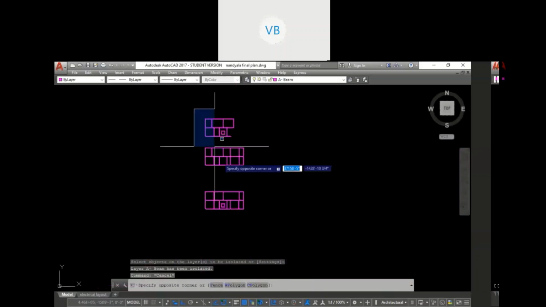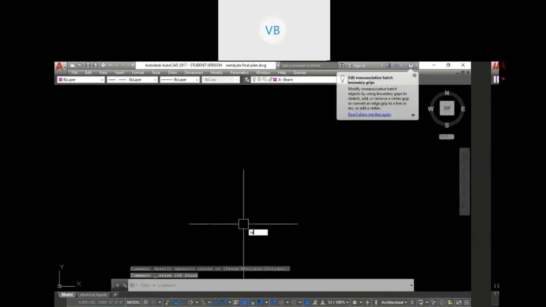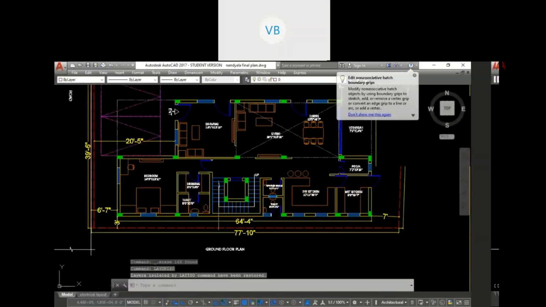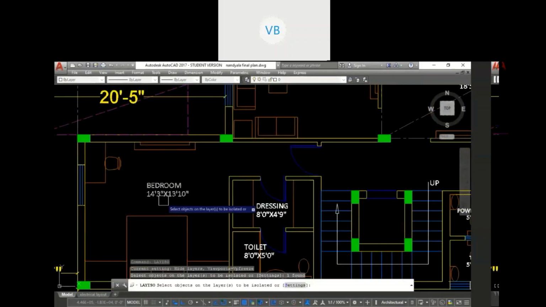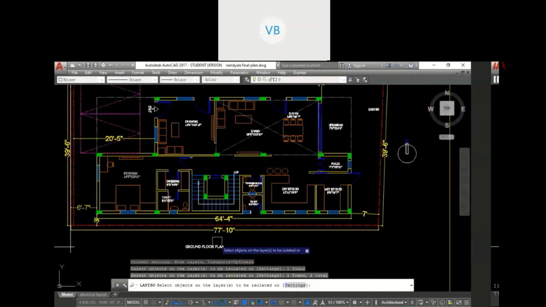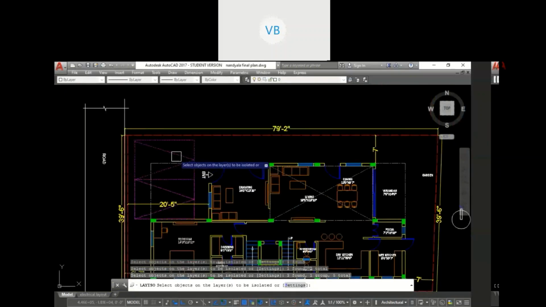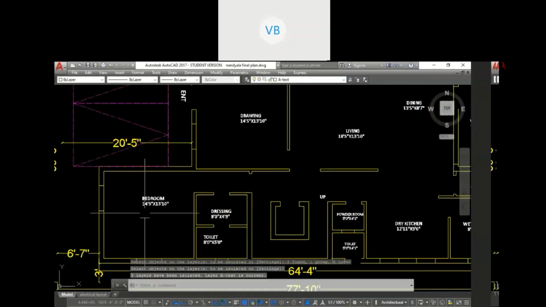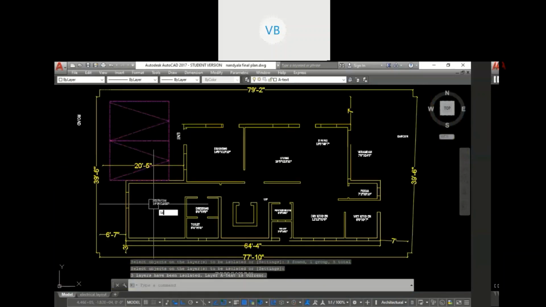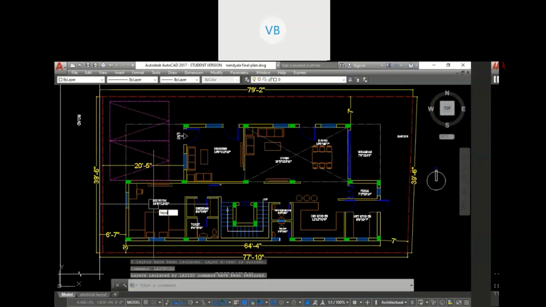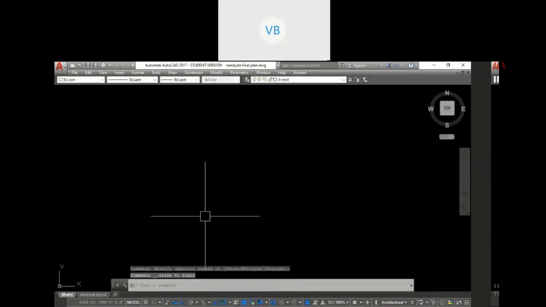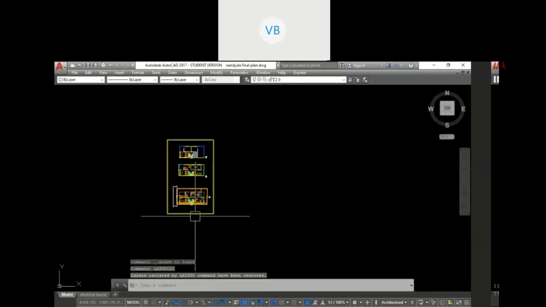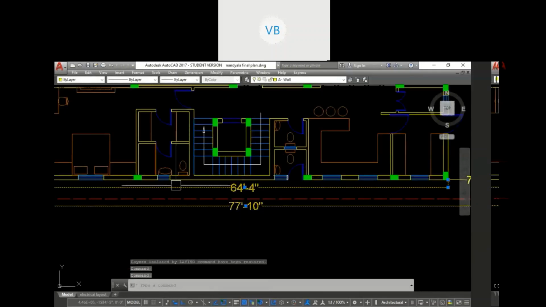I feel these layers are not necessary, so I've deleted them. This text layer and these other layers are also not needed, so I'm deleting them, and these dimensions as well.